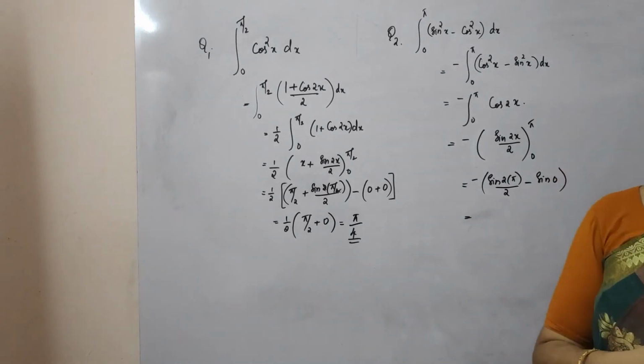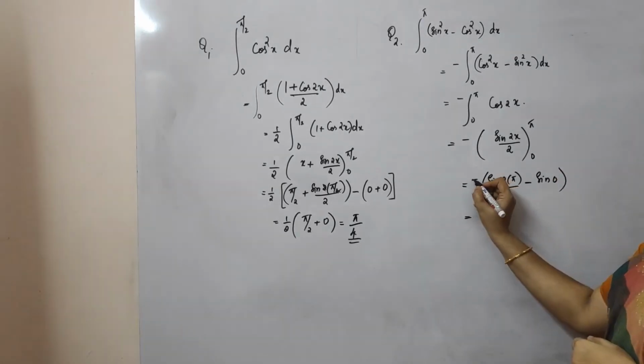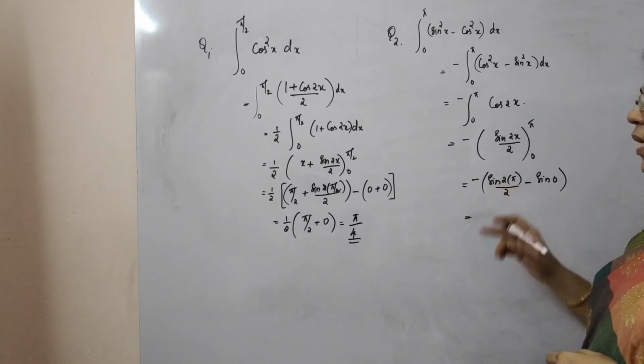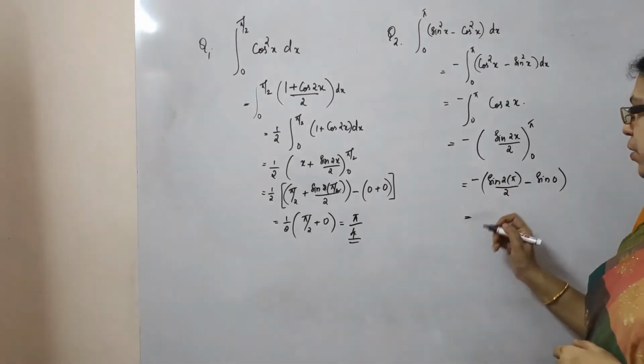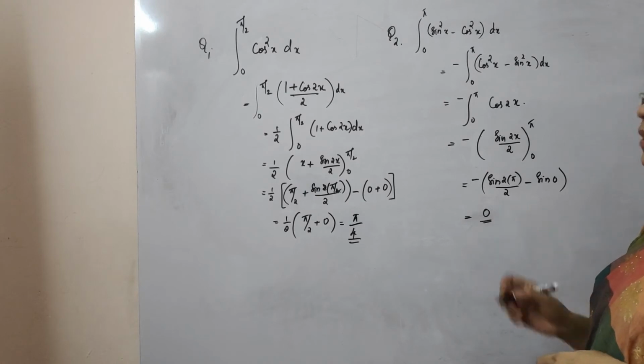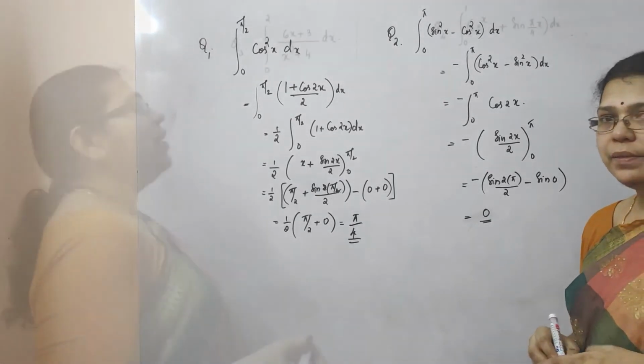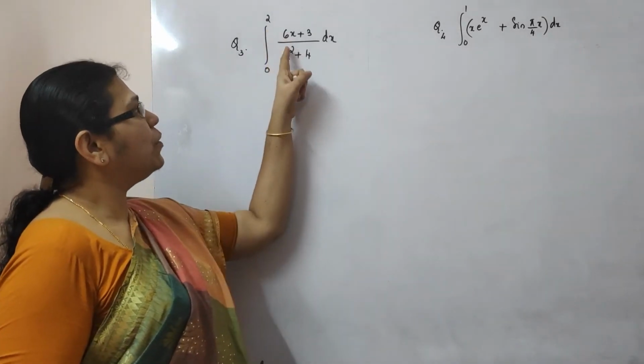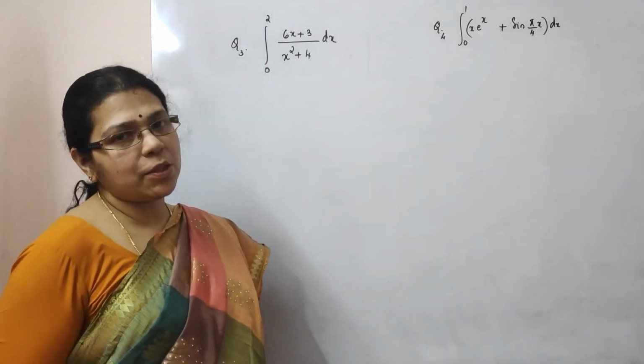Okay. So now what is this? This gives me minus sine of 2 pi by 2 minus sine 0. Now what is sine of 2 pi? It is again 0. So I get the ultimate answer as 0. Am I clear? Now we have the problem, integral 0 to 2 of (2x plus 3) by (x square plus